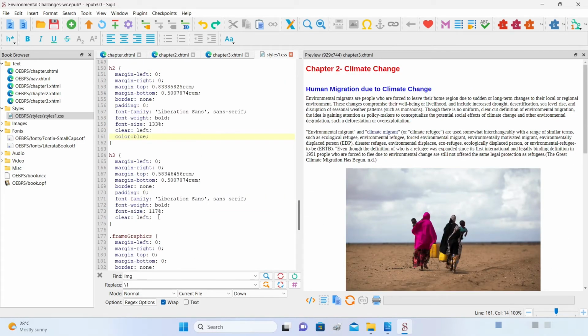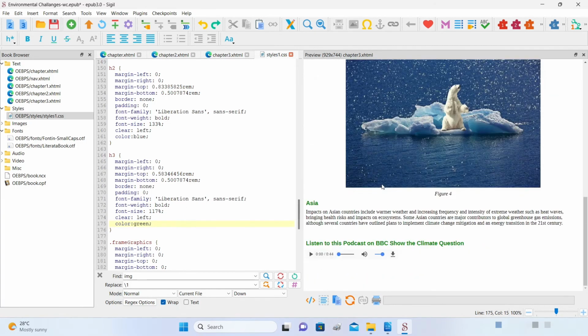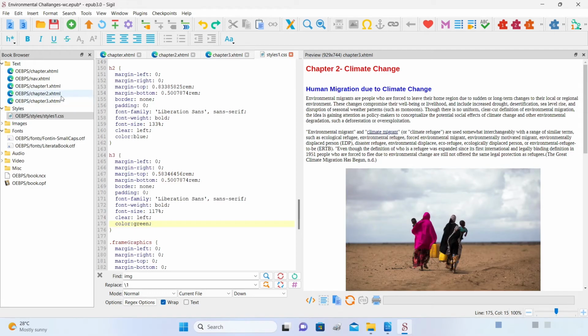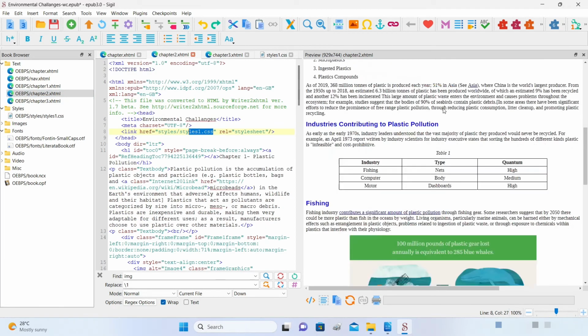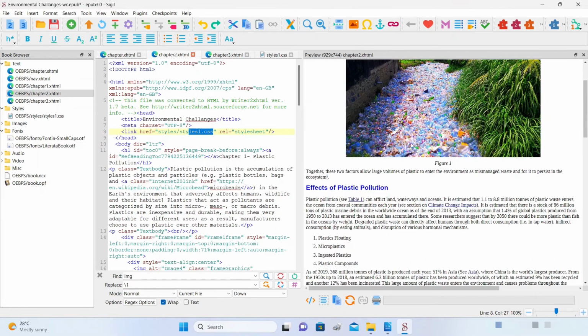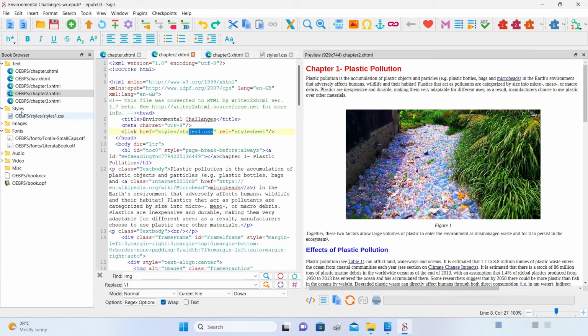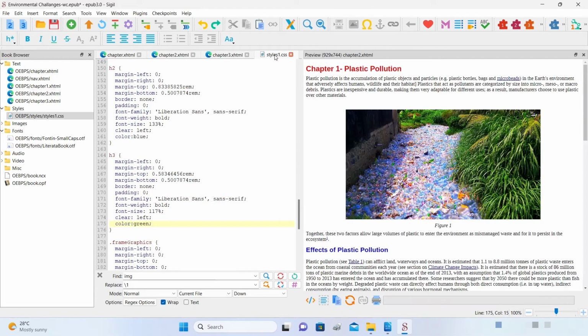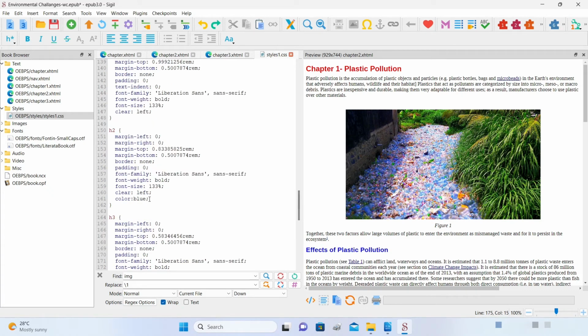And the same I can do with the third one. If I want to come here and say color green, I make the change at one single place, because all these files are connected to style1.css. That change is seen across all the files. My chapter 1 second level headings are also now in blue. So this is how CSS works. Everything is connected to one single style sheet, and you can give different styles to different elements that you have